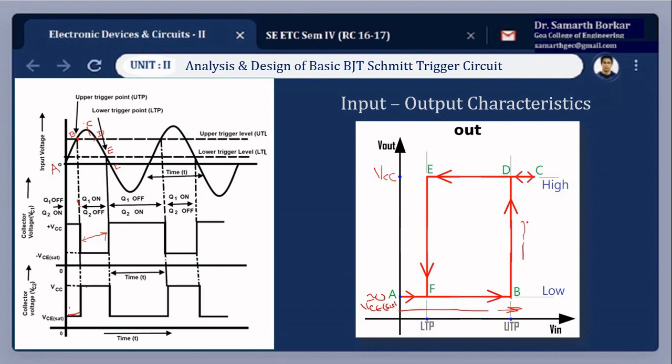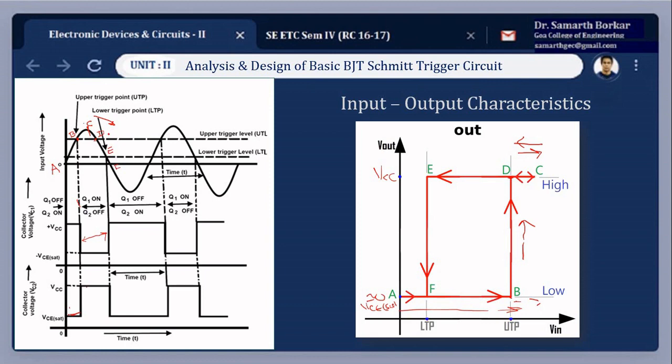So this is being shown here, and it will be maintained in the higher state as long as we go up to a value of VCC, it is high. So we go in this direction, it is high, C is greater than B, so this is the value of B as far as the input signal is concerned. So we can go up to C, then the signal starts to drop down, so we again travel in the reverse direction. So till the point D is reached, you can check the output is high. So B and D are at the same level.